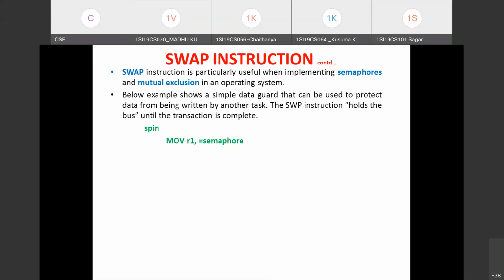So the swap instruction is going to hold the bus until the transaction is complete. Only after the process is complete, the resource will be released. Just observe here, this is the name of the loop given, spin, and semaphore. The address pointed to by the semaphore is loaded to the R1 register, MOV R1, =semaphore. Actually it should be an LDR instruction, but in your textbook the move instruction is given. If you write LDR R1, =semaphore, that is also